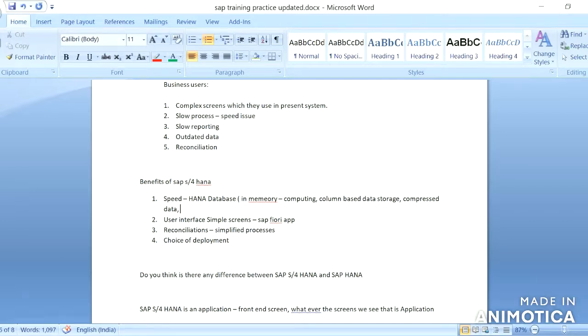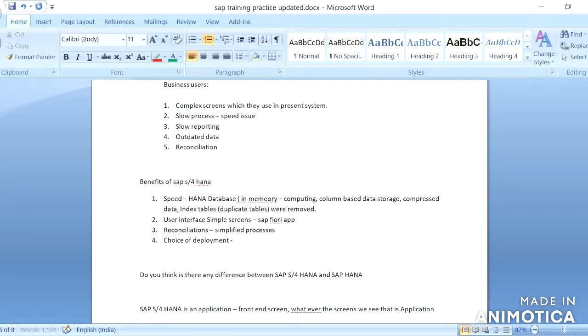Index tables, which are nothing but duplicate tables, were also removed. Because of all these things, the speed and performance of the system was improved.